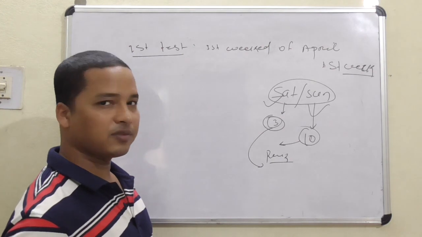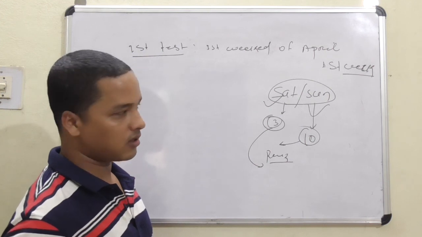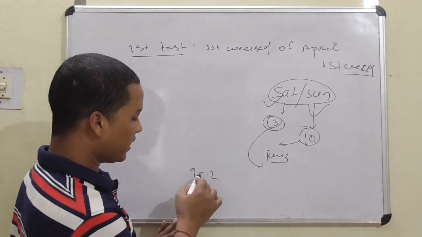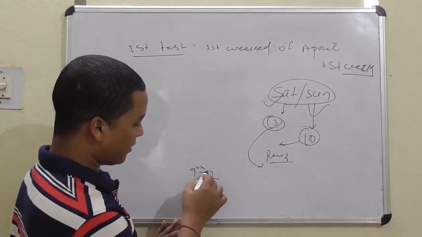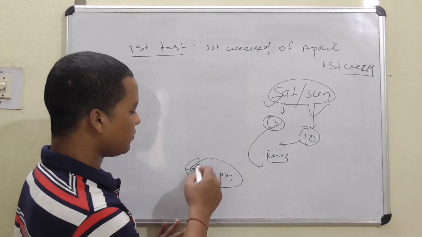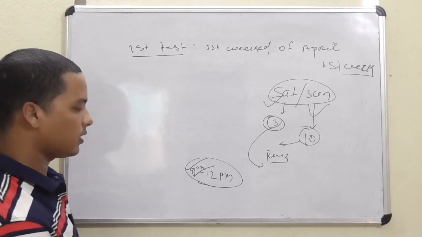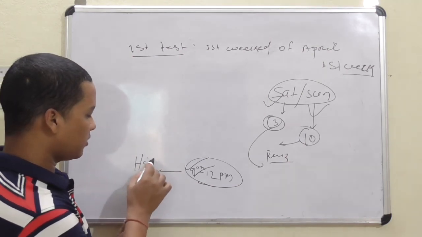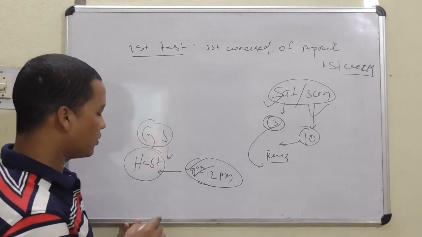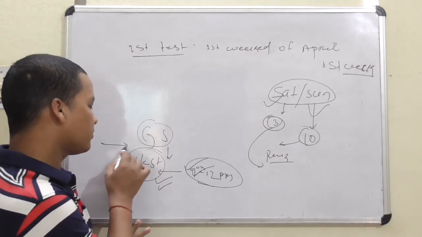So as of now, you can give the test on both Saturday and Sunday. The test hour would be from 9 a.m. to 12 p.m., so it would be 3 hours. The first test would be 3 hours, from 9 to 12, and it would be your history. GS paper 1 history is coming, so we will first discuss history. That means the first test would be your history.